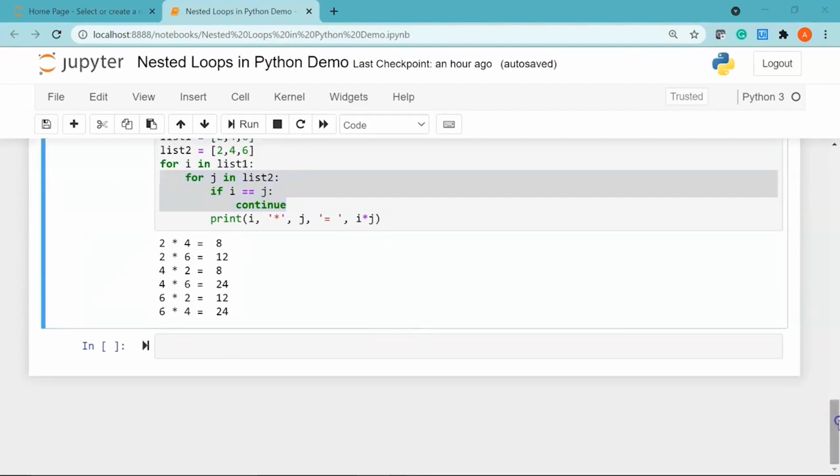Okay. Now we are going to write another nested loop using a while loop and a for loop to check whether a number is a perfect number or not. So basically in this program we are going to print the perfect numbers between 1 and 100. Now a perfect number is a positive integer that is equal to the sum of its proper divisors. So the smallest perfect number is 6, which is the sum of 1, 2 and 3. These are the proper divisors of 6. If you add them, the value is 6.